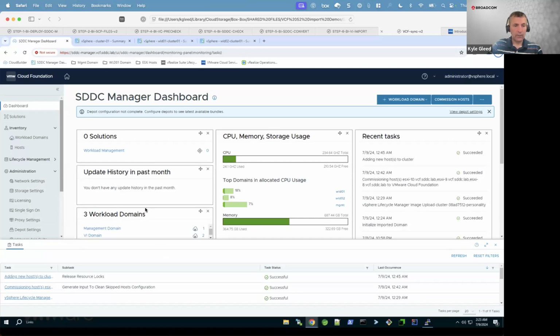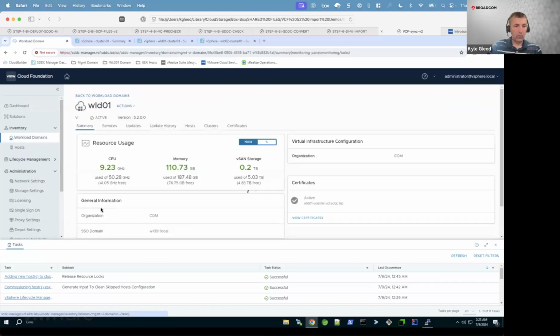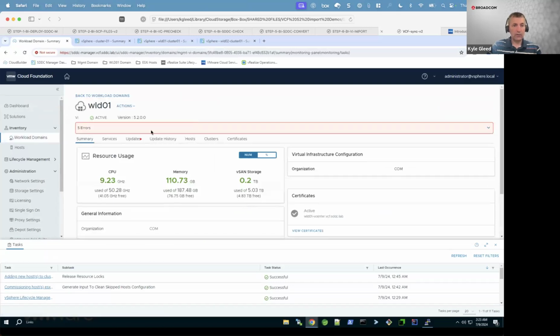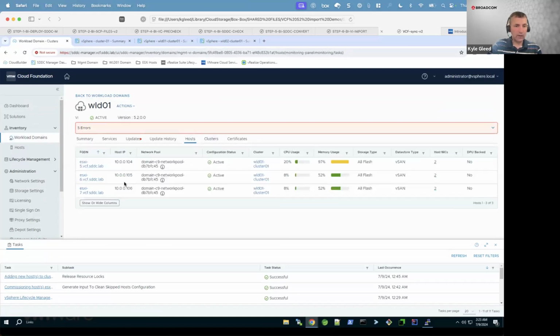So for this, if I come in here and we go into workload domains, you'll see here for workload domain 1, it currently is a cluster with 3 hosts. So I click on workload domain 1, I come in here, I look at my host. These errors are because I haven't licensed it. With 5.2, we've gone to this license later mode, so I'm using trial licenses. That's why we see the errors there. But I got one cluster, and that one cluster has 3 hosts. So pretty straightforward. However, if we come up here to my vSphere client,